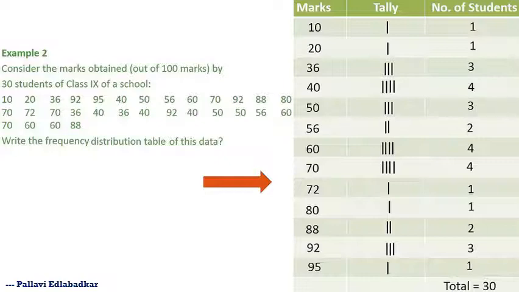So we have the number of students who have got those particular marks. That means the 10 marks have occurred how many times? 56 marks have occurred how many times? Or 92 marks have occurred 3 times. So the number of times that particular marks have occurred, how rarely or how frequently, is called as the frequency